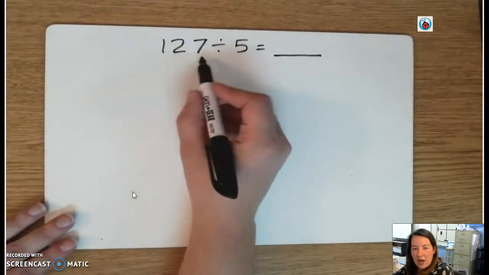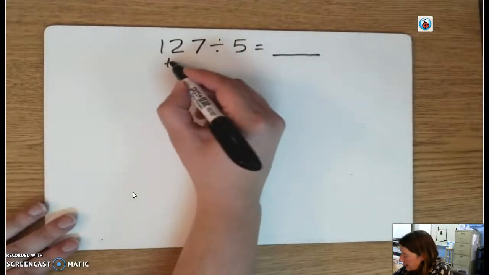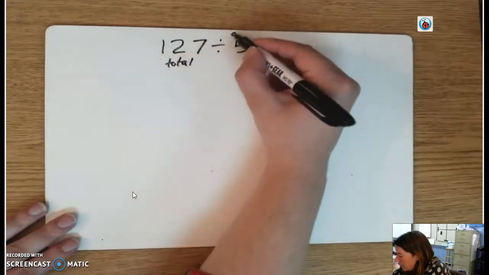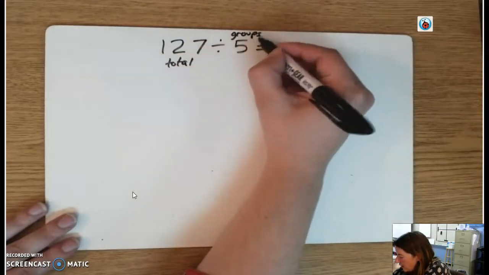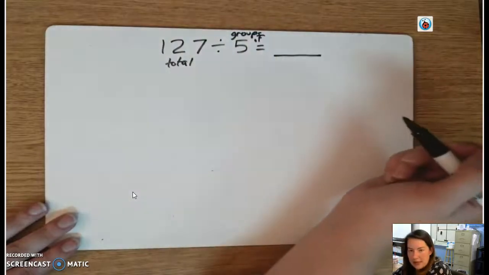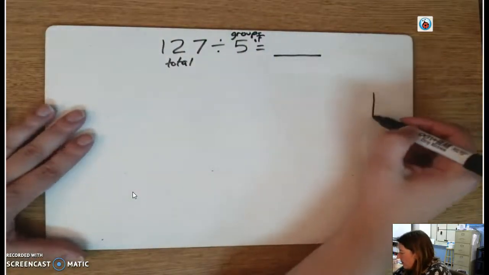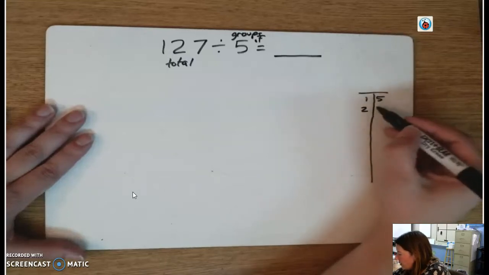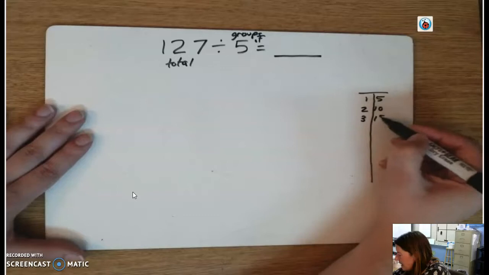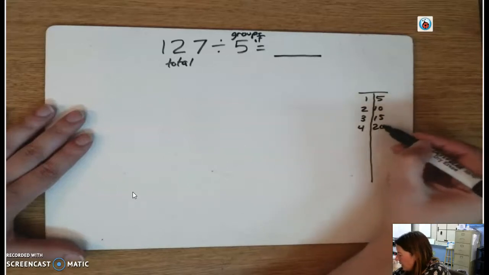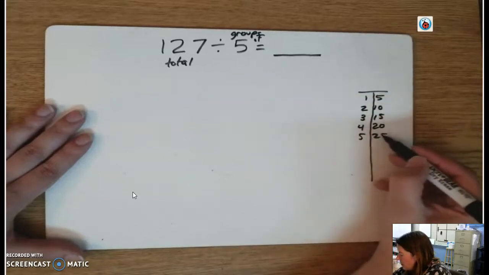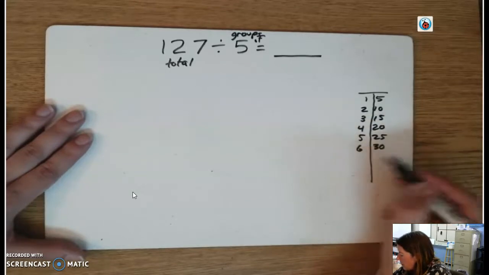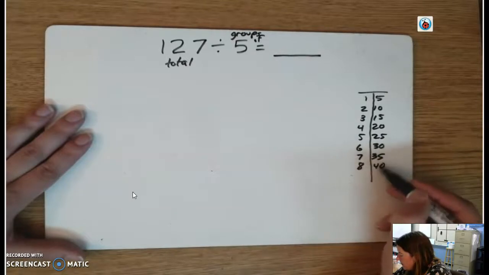So let's say I have 127 total pieces, and I want to know how many groups of 5 I can make out of all of these pieces. Well, if I do my multiplication chart, I don't want to do groups of 5 all the way to 127. That would take me forever. But I can still write them down and they will still help me solve this problem when I use wide division. Here I'm going to go to 9,